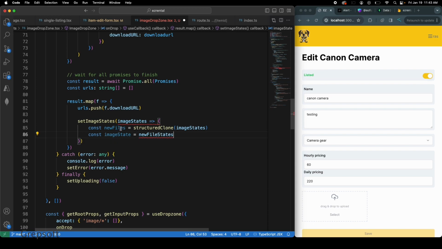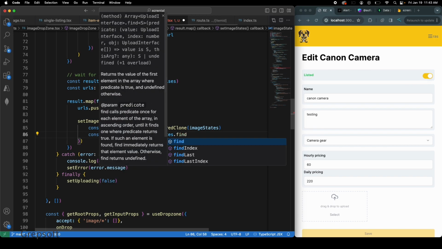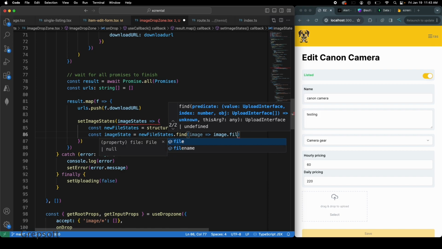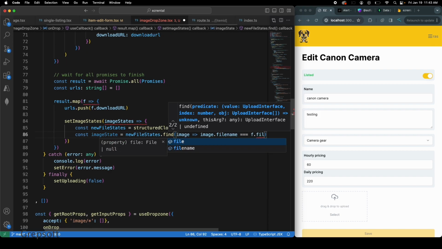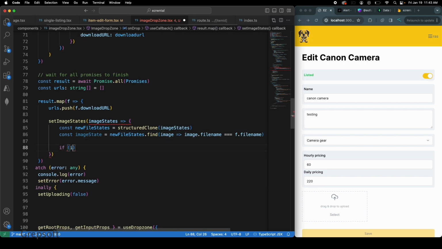Okay, actually this should be new file states. So this should be new file states dot find, find the image where image dot file name is equal to f dot file name. Okay, so that's that. And if image state, if we found the image,